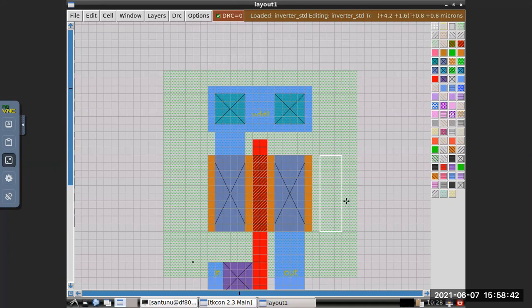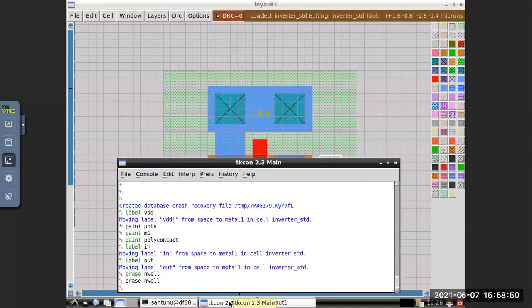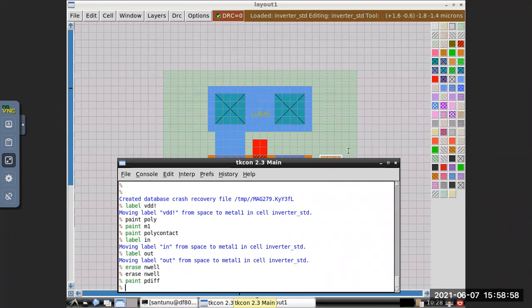So just to draw here P diffusion and check what is the minimum distance between that P dip to P dip. Okay. So paint P dip and DRC fine.